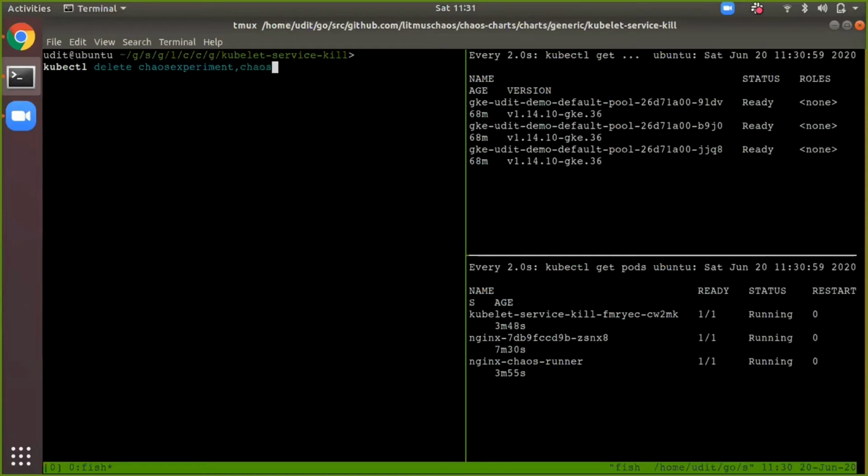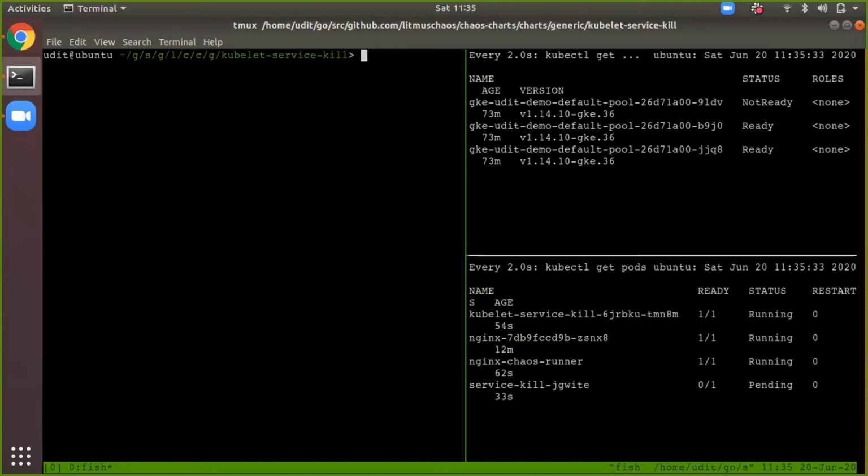So this is a time-consuming process. It's interesting to see how downstream applications will behave under these conditions, especially stateful applications. So this experiment might particularly be useful there.